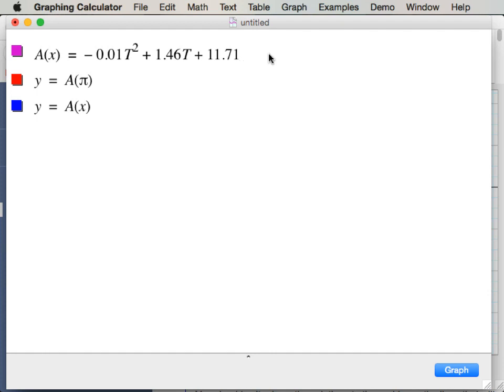So do we all agree? Since x is not in the function a of x, pi doesn't do anything to change it, even though it's being defined as x, because x itself is not in the function,